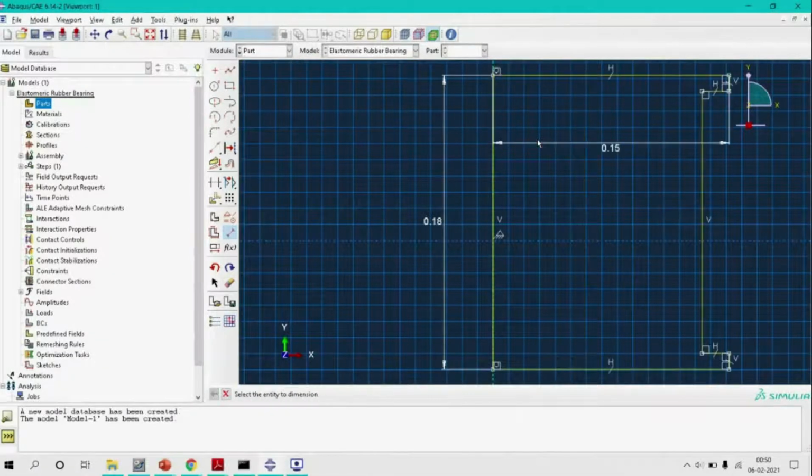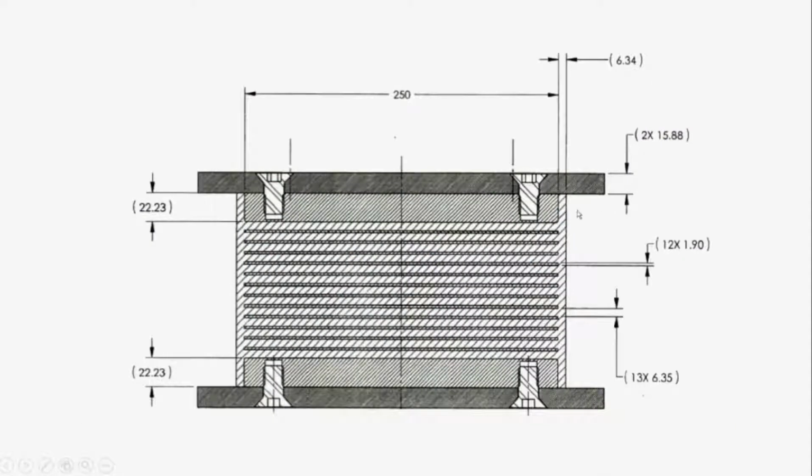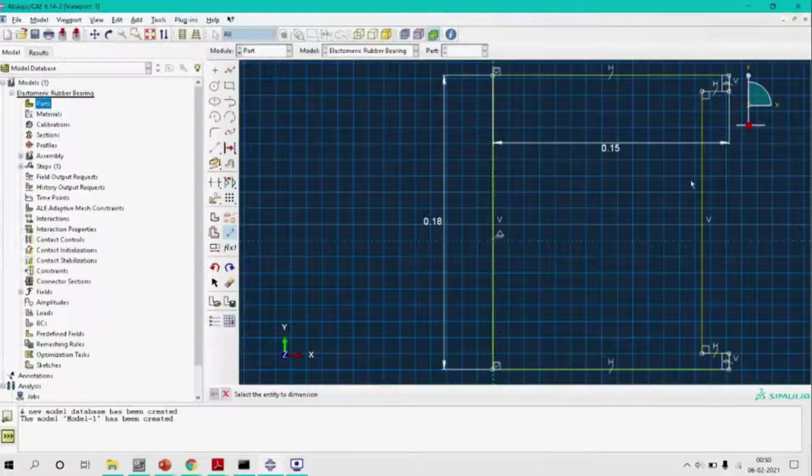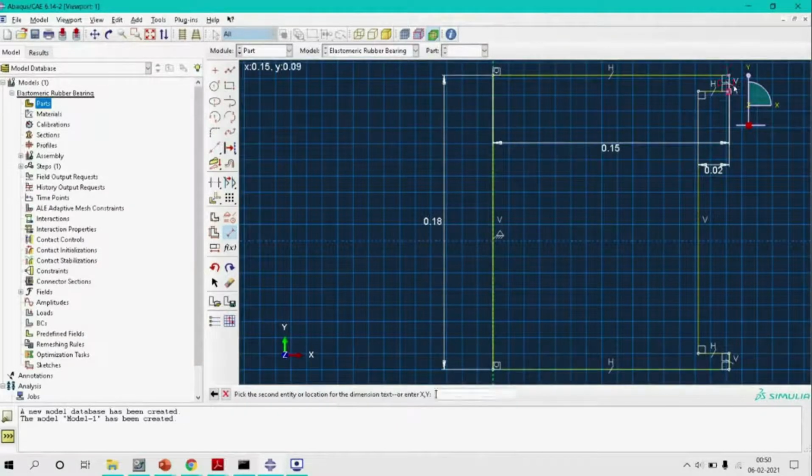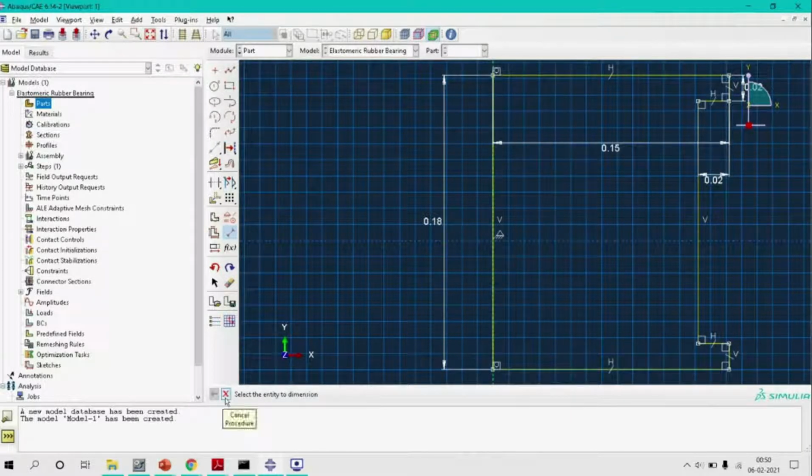The extension, let's assume the extension to be 20 mm, that is 0.02, and the thickness is already given as 16 mm, 0.016. So now the dimensioning of our sketch has been completed, and now we will be getting out of this sketch screen.